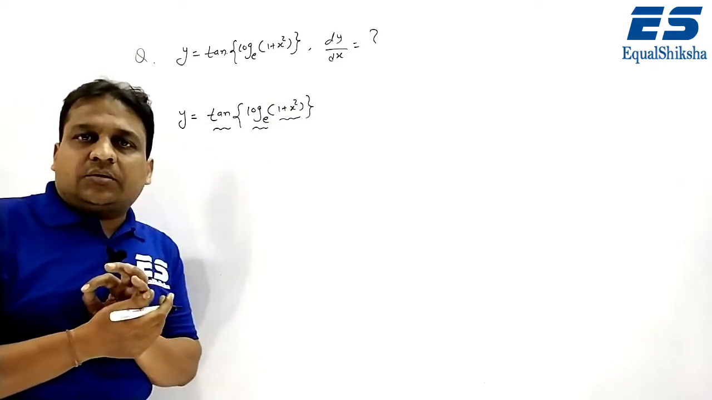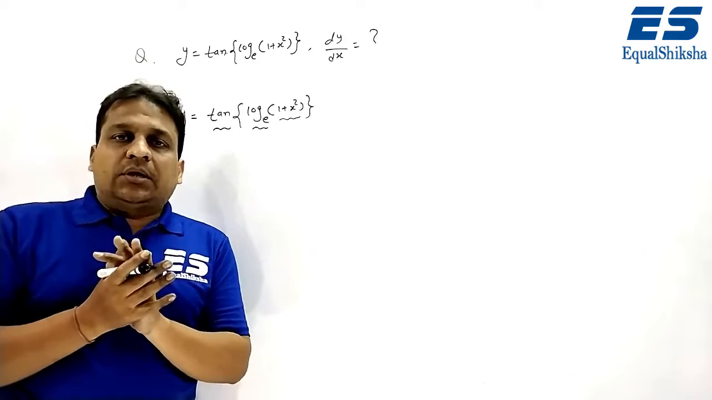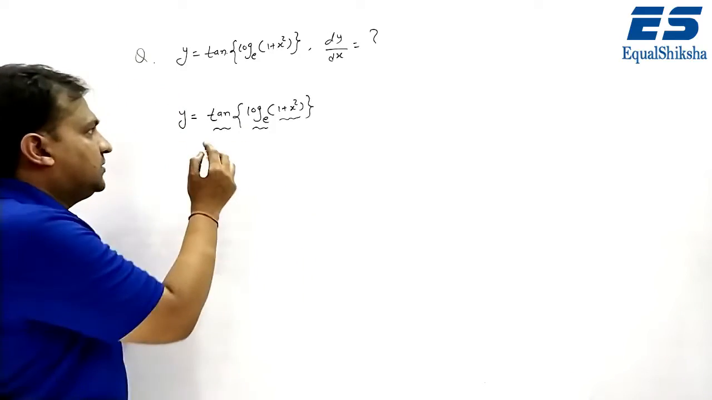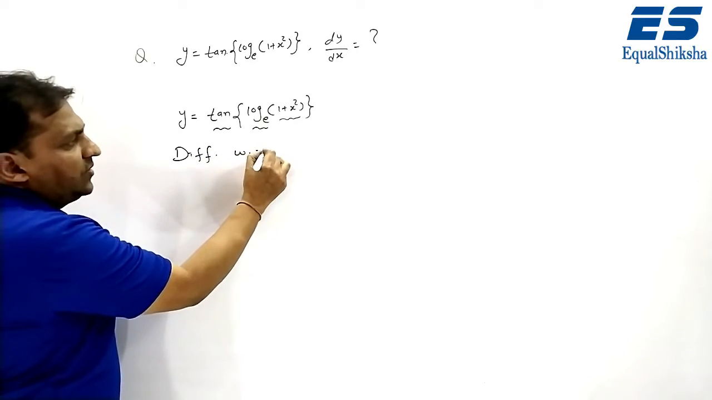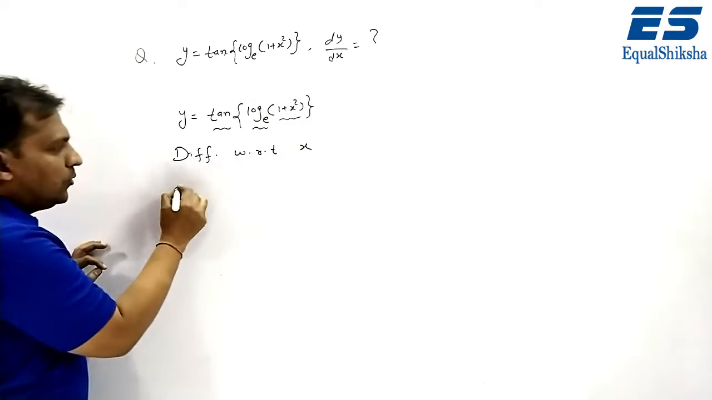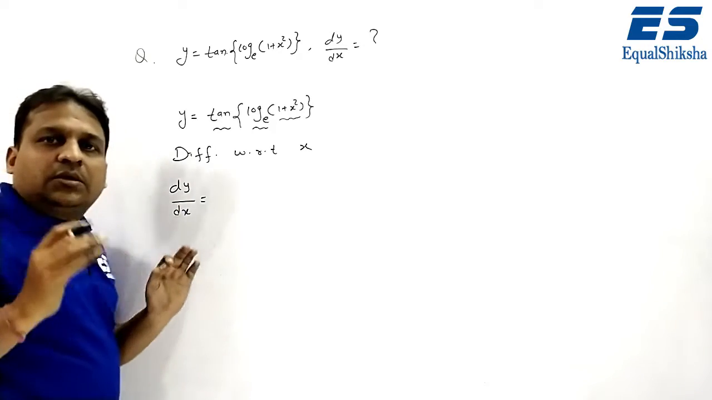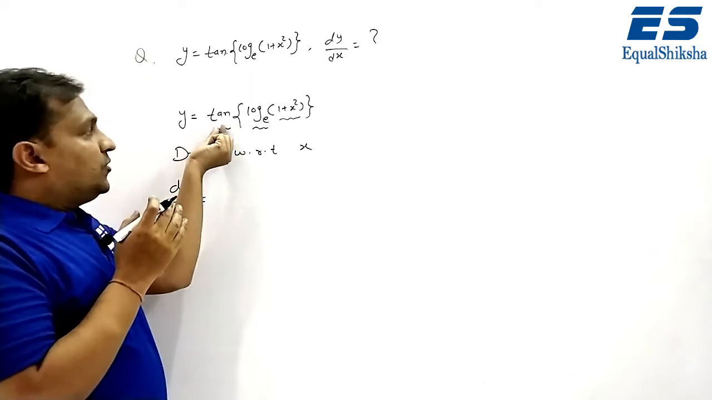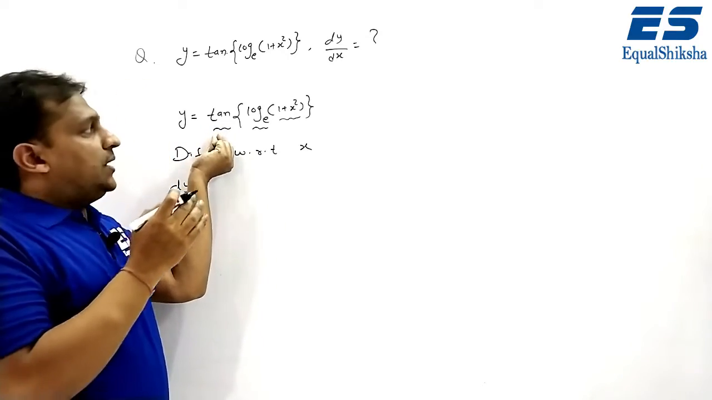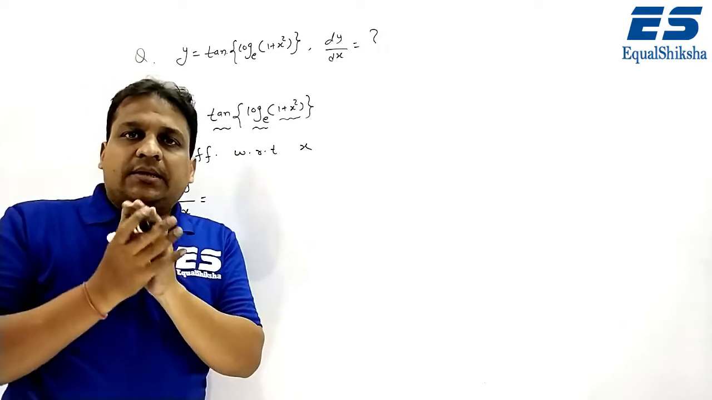This 1 plus x square will be the third function. So there are three functions. Now we have to find the differentiation of this function. For differentiation, first we have to differentiate only the first function, and the remaining function will be considered as a constant or as an x. Now the first function is tan, and the remaining function, log 1 plus x square, will be considered as an x,